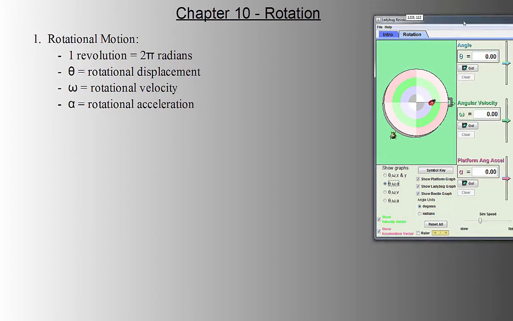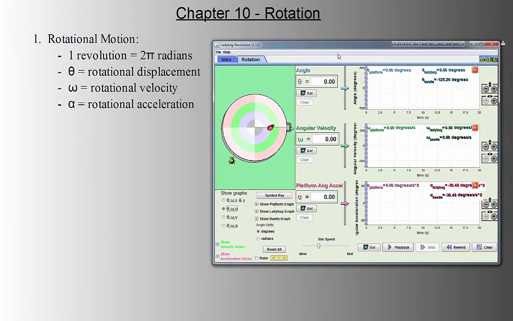Alright, so rotational motion. You're going to be doing a lab where you use something similar to this, and I just want to use this to demonstrate these three phenomena. You can see there's a lot going on here. This is going to graph the motion, but just to focus your attention, here's theta, angular position, omega, angular speed,